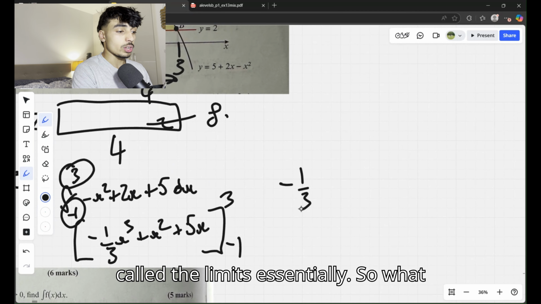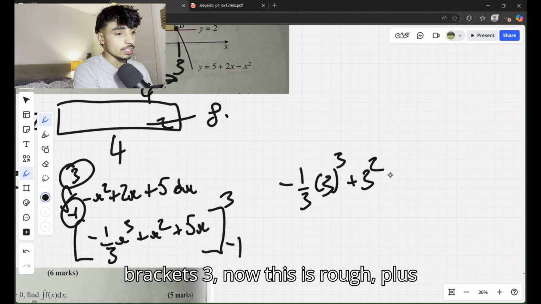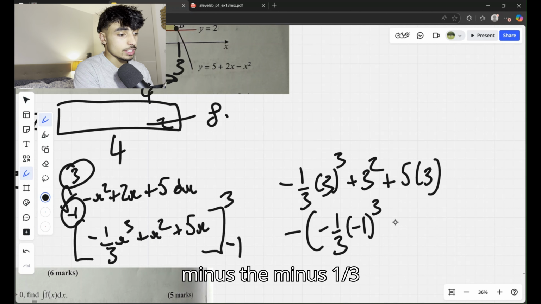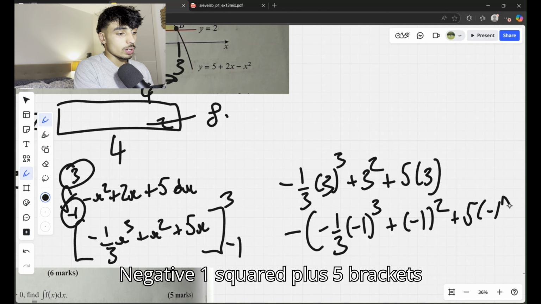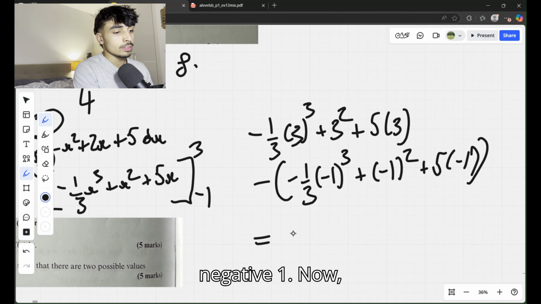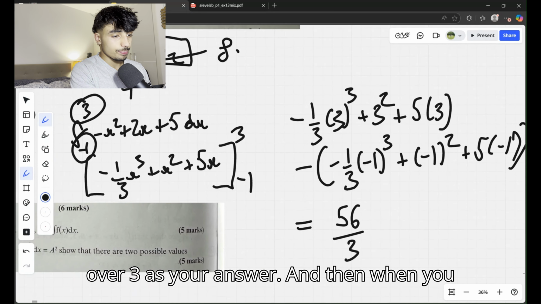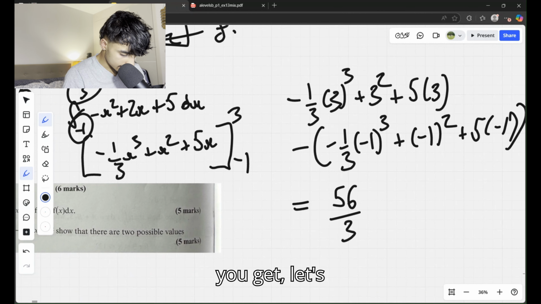Okay, so what you need to do now is you need to substitute the values in. So minus 1/3 brackets 3 cubed. Now this is rough. Plus 3 squared plus 5 brackets 3. Then you minus the minus 1/3 brackets negative 1 cubed plus negative 1 squared plus 5 brackets negative 1. Now if you do that, you should get 56 over 3 as your answer. And then when you do 56 over 3 minus 8, you get, let's see,